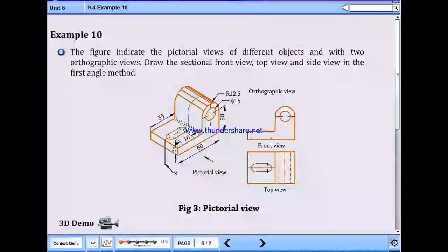Example problem 10. The figure indicates the pictorial views of different objects with two orthographic views: cross-sectional front view, top view, and side view in the first angle method.